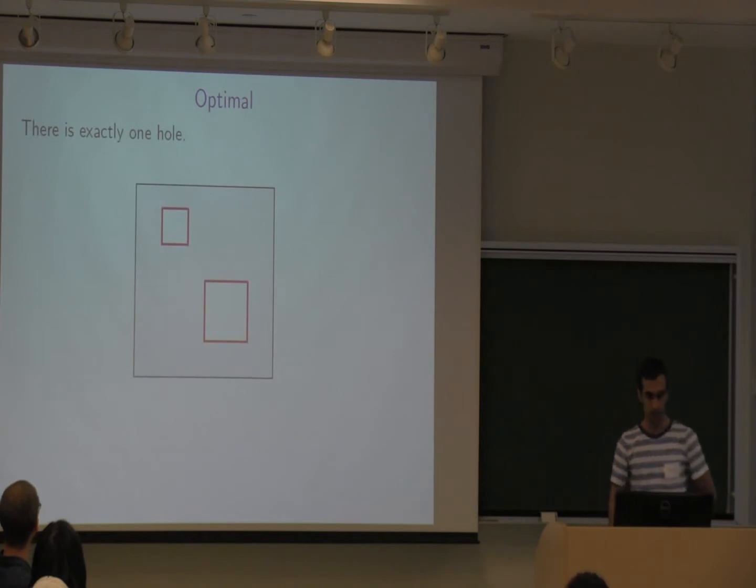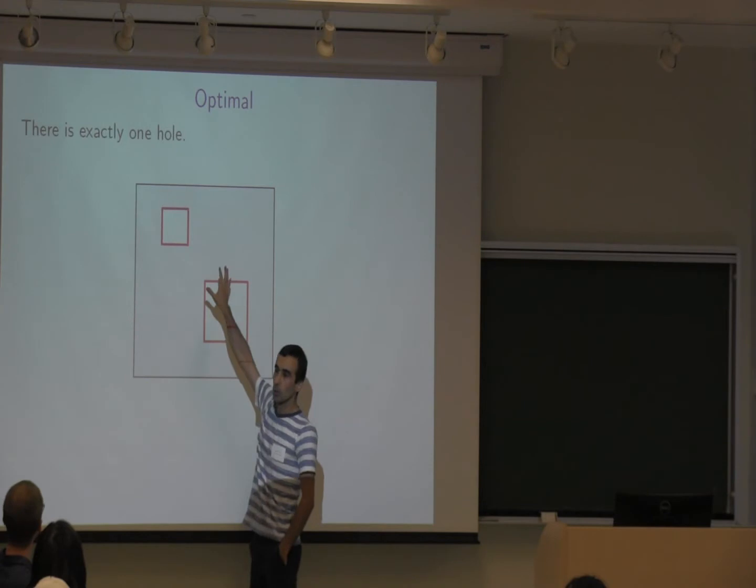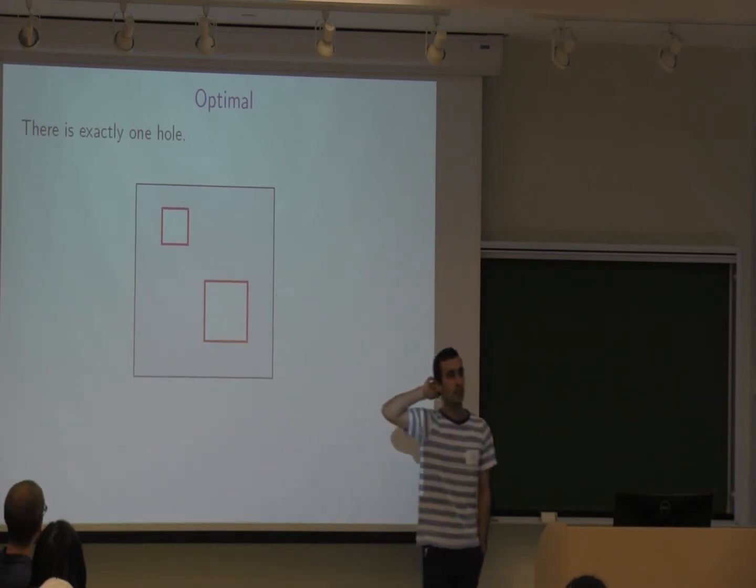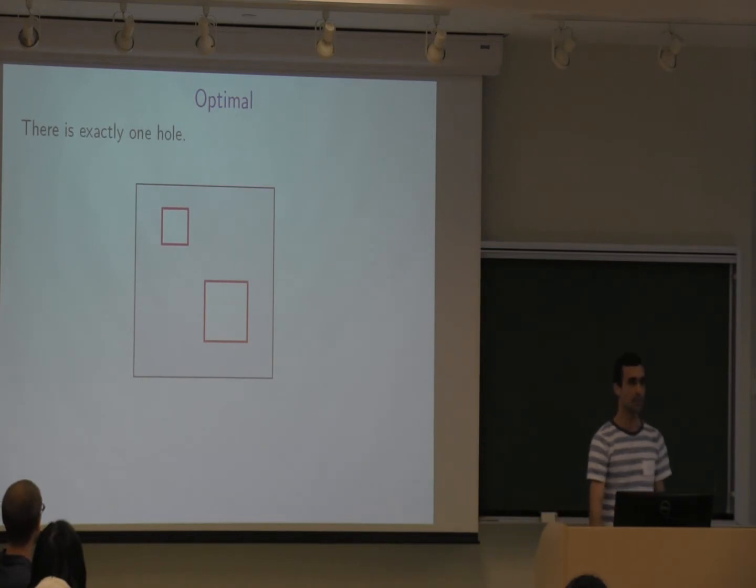So that was this property. If we agree on that property, then we can show that those holes that we had in the optimal solution are actually exactly one hole. And the proof is very simple, because